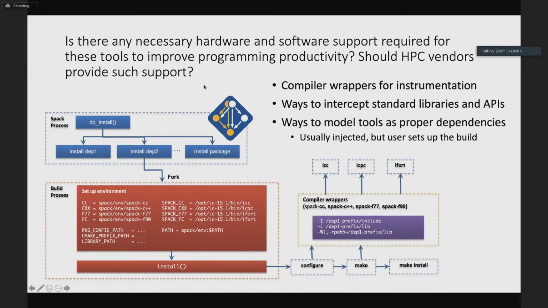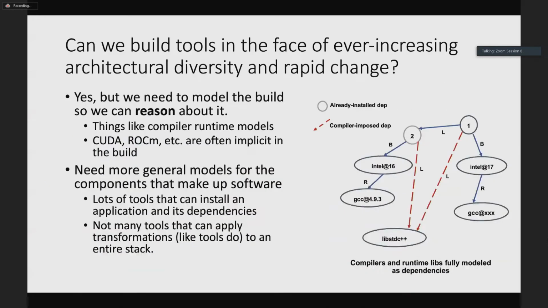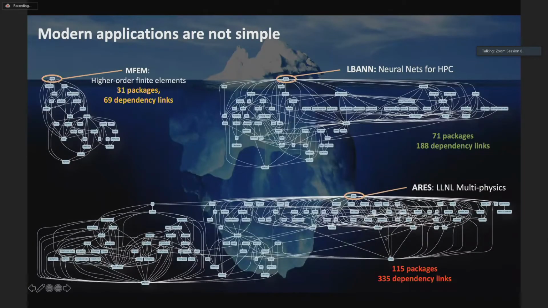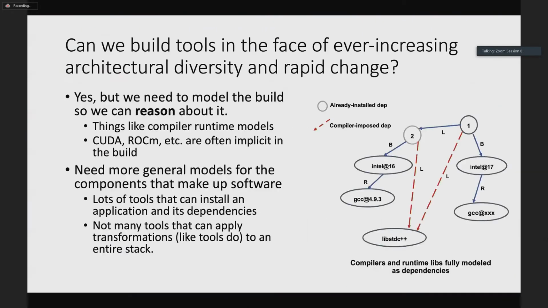I think we need general interfaces for things like instrumentation, so compiler wrappers and stuff like that. Right now, a lot of that is really up to the user. So if you think about sanitizer tools, which are the big ones that we face now in the correctness land, if you have a code with 115 packages, going back to my first slide, and you want to use a sanitizer with it, you need to build all 115 packages with the sanitizer. And most people just say, no, I'm not going to do that. I can do without the sanitizer. I don't care about it that much, and they hack at it.